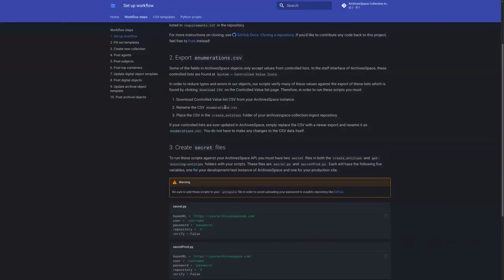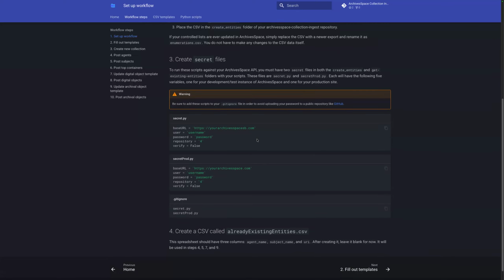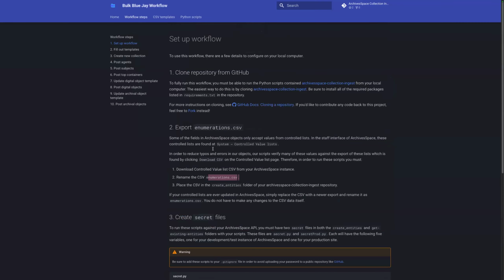You're going to name it this random name I decided upon, and then you're going to put it in a specific folder. And then you're going to create some secret files, which is to authenticate into ArchivesSpace. And then you're going to create a blank CSV called already existing entities.csv. And don't worry about that for now. And then at that point,